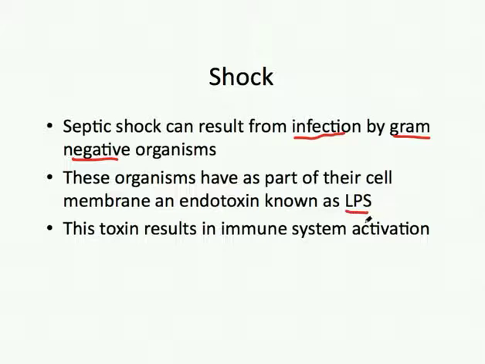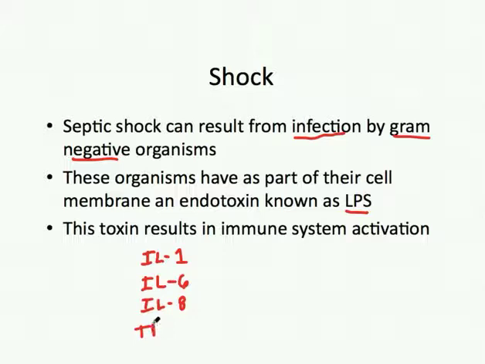And LPS is a molecule that is highly recognized by the innate immune system and results in significant immune system activation. In particular, it results in the production of a number of inflammatory cytokines, namely the ones we talk about in general in the context of inflammation: IL-1, IL-6, IL-8,